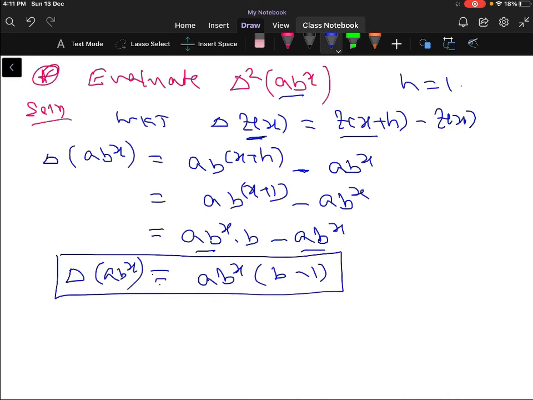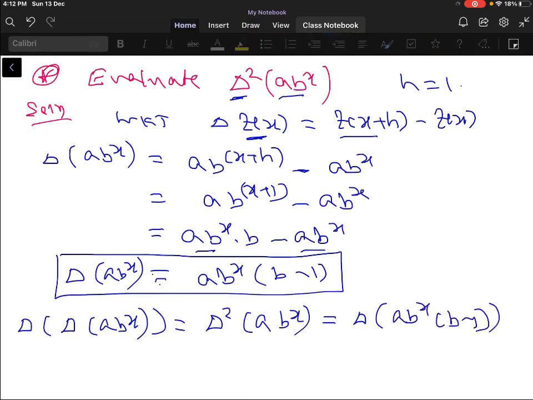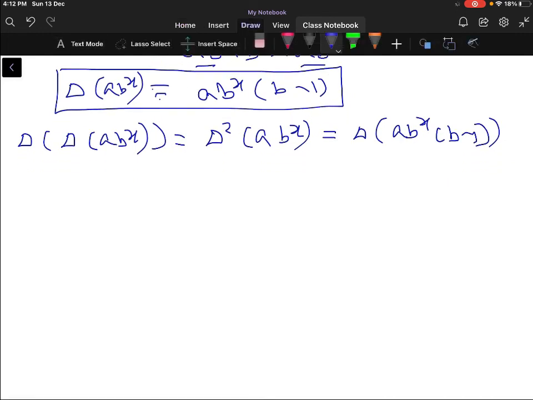So we found the first forward difference, but here we need to find out the second forward difference of the function a into b power x. Now let us take delta again on both sides. So delta of a into b power x can be written as delta square of a into b power x. So again you operate delta on the RHS, that is delta of a into b power x into b minus 1. So this is equal to,